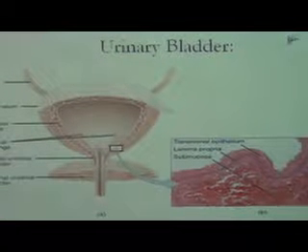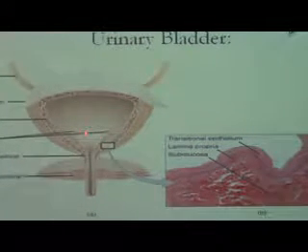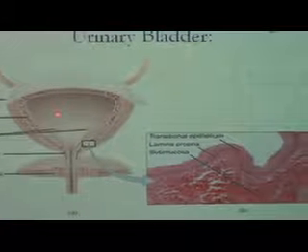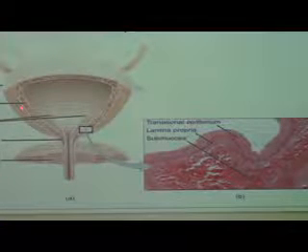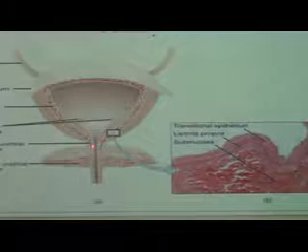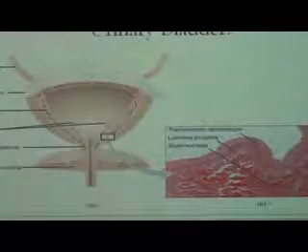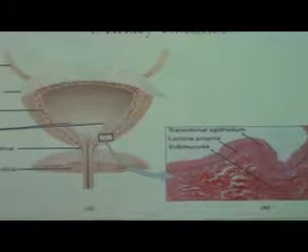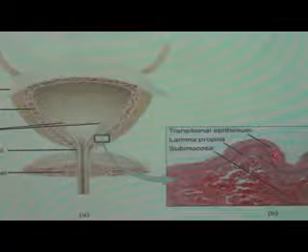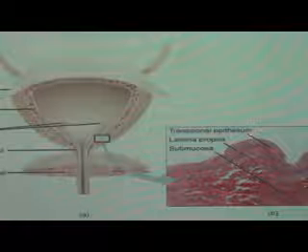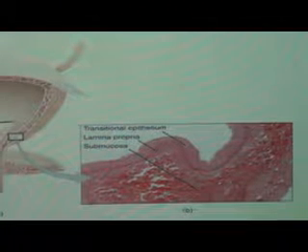So we can appreciate in this diagram, this is the urethra which opens at the lower border of the urinary bladder, and just below the peritoneal reflection of the urinary bladder, this is the detrusor muscle which continues at the lower end of the urinary bladder and forms the internal urethral sphincter. So the internal urethral sphincter is the continuation of the detrusor muscle. Okay. And histologically we can appreciate the transitional epithelium, which is the lining of the urinary bladder, resting over the lamina propria or the connective tissue. Okay.